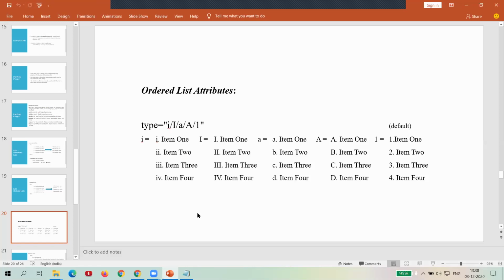If you represent small a, it starts with the small alphabet sequence. Same way capital A starts with the capital letter sequence. And if you represent 1, it starts with the number sequence. And if you do not mention any, then the default is the sequence of digit numbers 1 2 3 and so on. So let's check that.